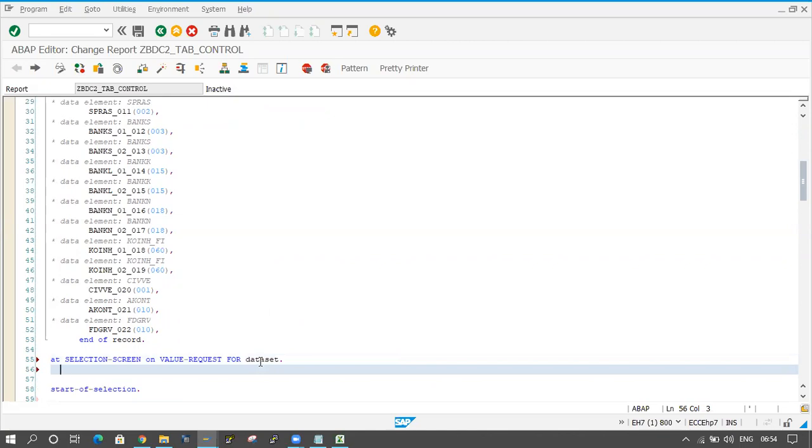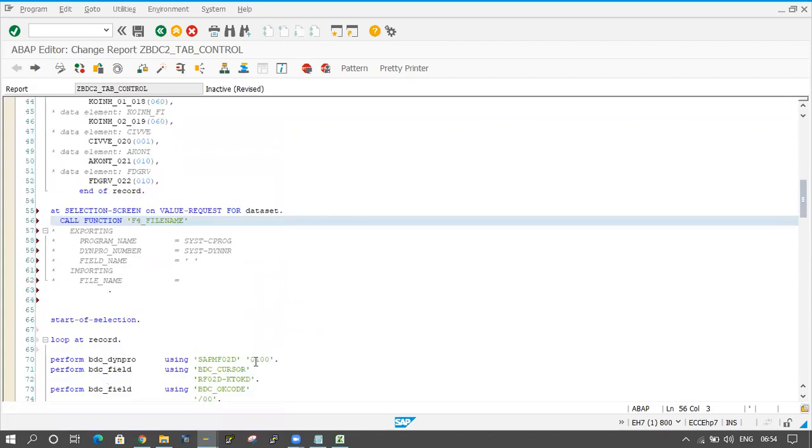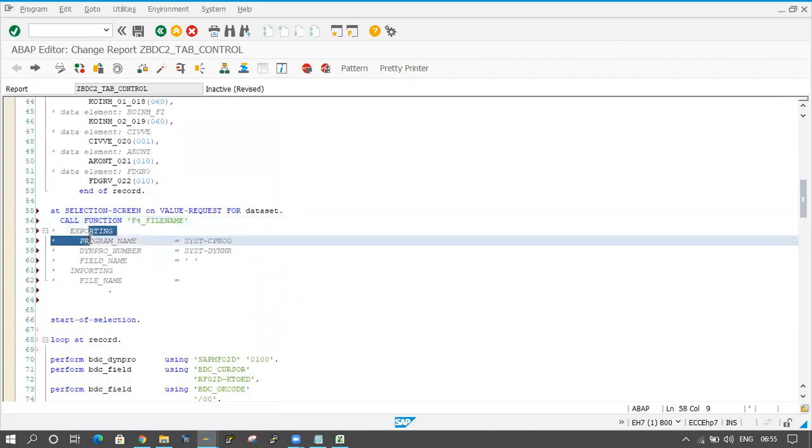At that time I have to capture the file location, right? For that, I am writing one function module, that is F4_FILENAME. Here importing and exporting is there, right?